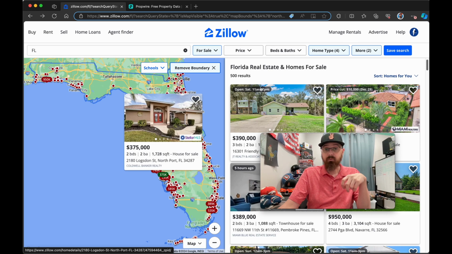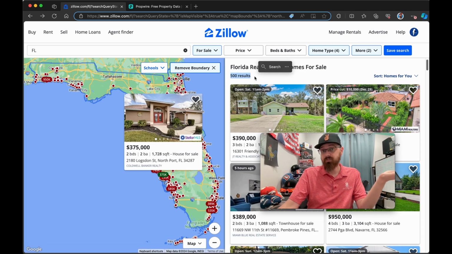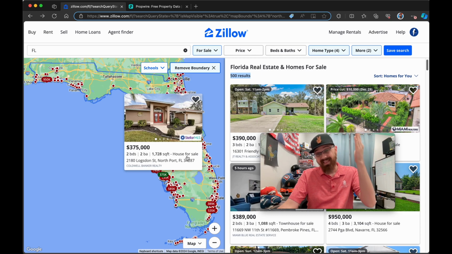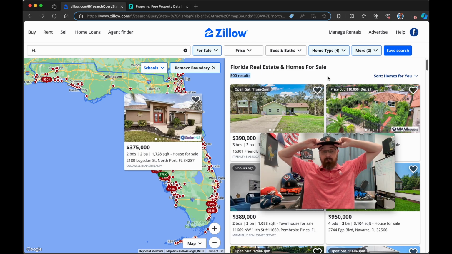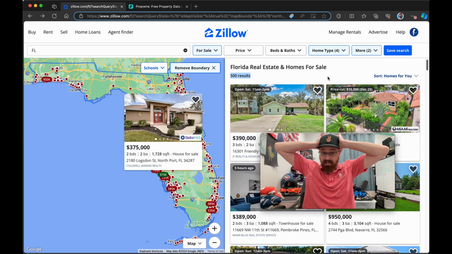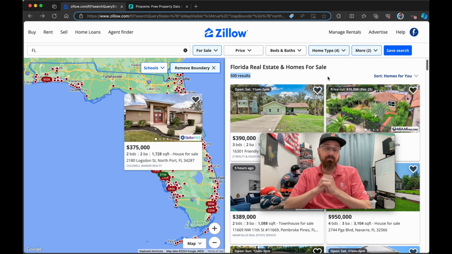So there's a keyword. We just looked here, and there are 500 plus results that you could call on. If you just wanted to call on Zillow all day for Florida, there are plenty of leads for you to call on. You may or may not know the exact mortgage rate, you may or may not know the exact equity, but a quick phone call to the agent, finding out the